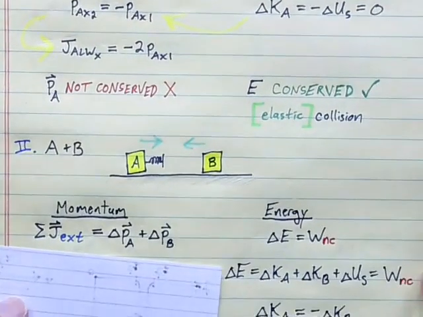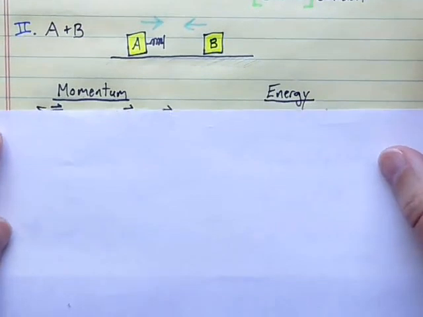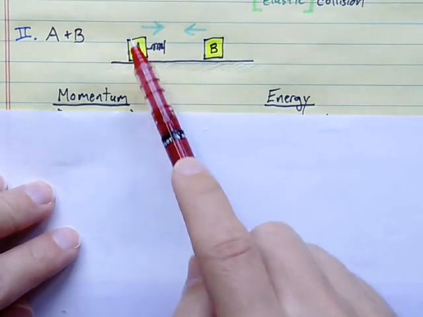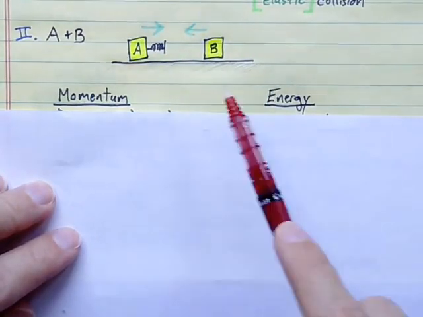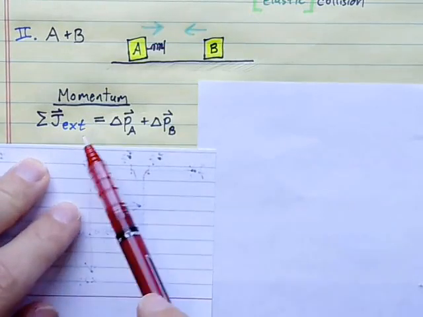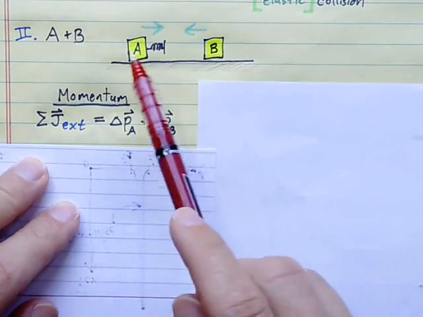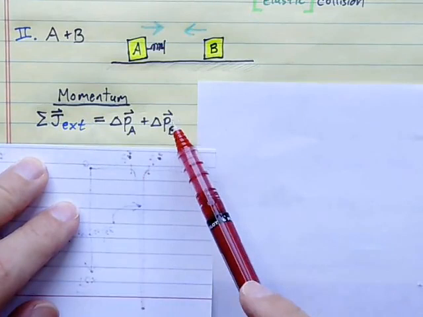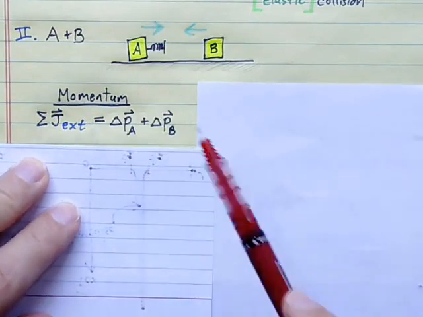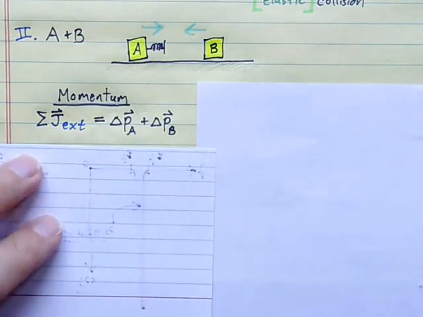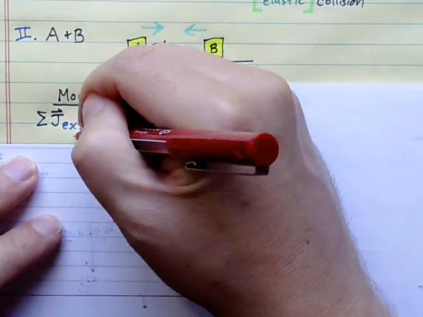Collision number 2. A and B. Here we have two moving objects this time that we can put into a system. So a system of these two moving objects, their momentum can be analyzed like this. The net external impulse on this system will be equal to the change in the total momentum of the system, change in momentum of A plus change in momentum of B, and there is no net external impulse here during that brief collision. So this is 0,